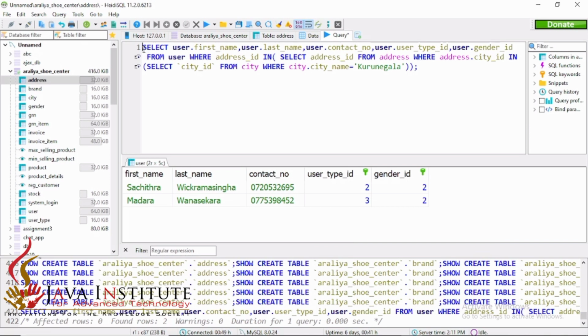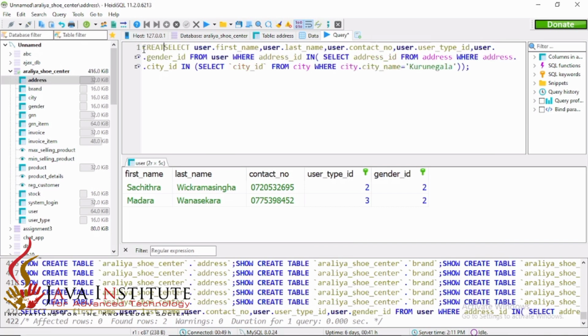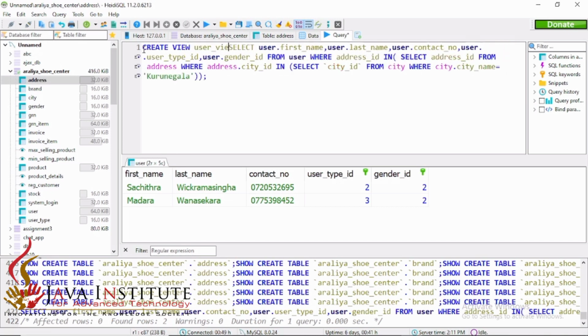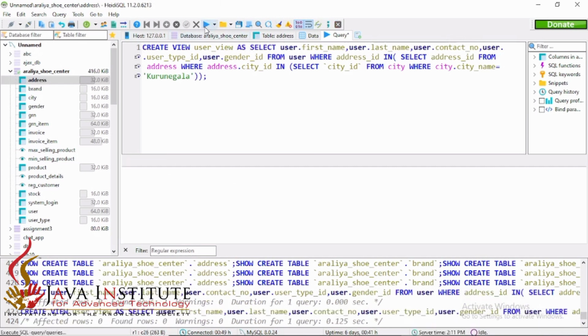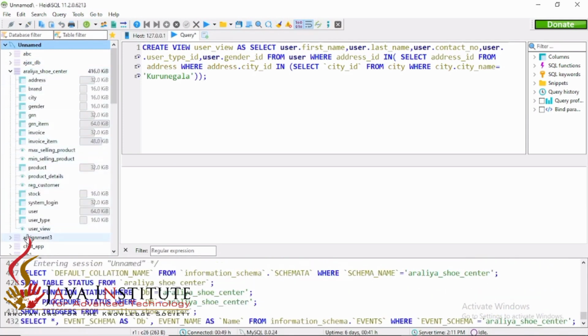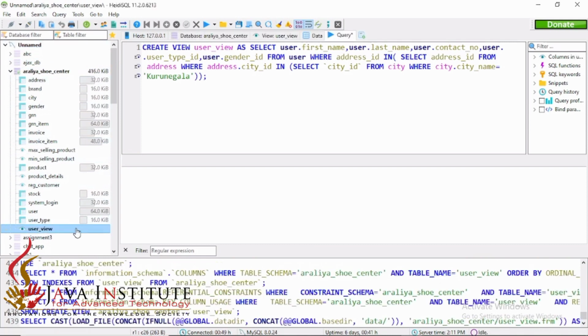And here we have to create a view. So I'm going to create view as user view, and after that we have to give the query here. After executing this, I'm going to refresh this area. After refreshing we can check whether it's created or not. You can see here, this is the user view.